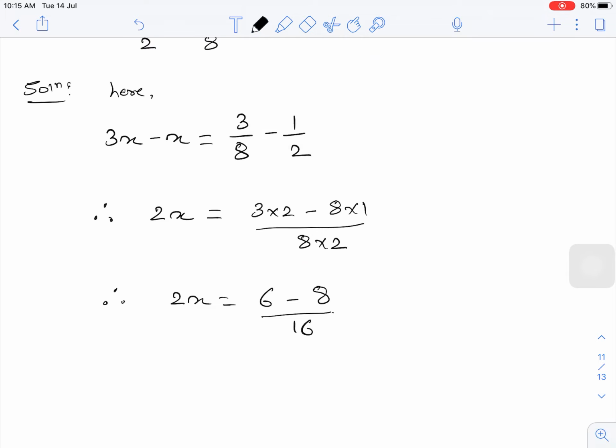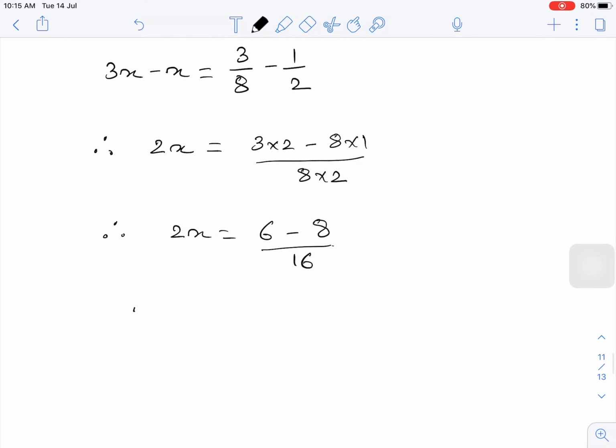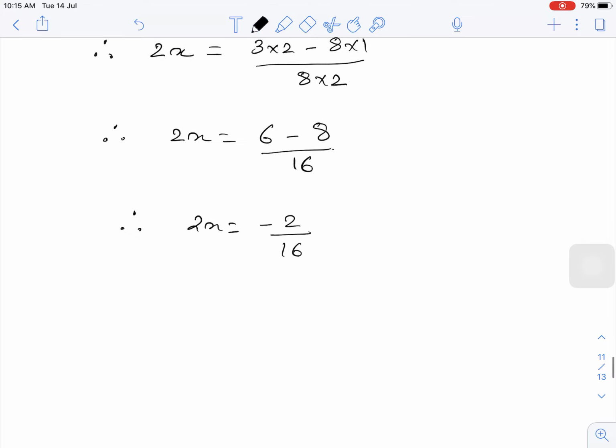Okay, so now what you will get is 2x equals, now these both have opposite signs, so we have to do subtraction. So 8 minus 6, that is 2 upon 16. The sign of the greater number is minus, so we will write minus here. Okay,